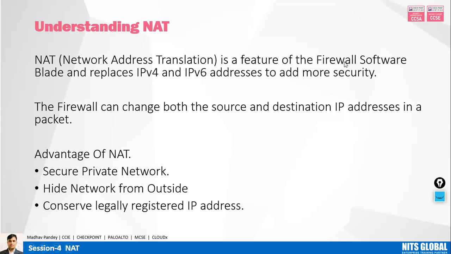Why is it called a firewall software blade? Because this feature is actually provided by Checkpoint, and every feature comes from a blade. That is their terminology. So in this firewall blade,